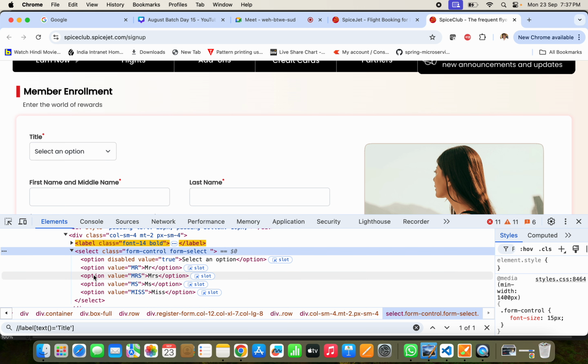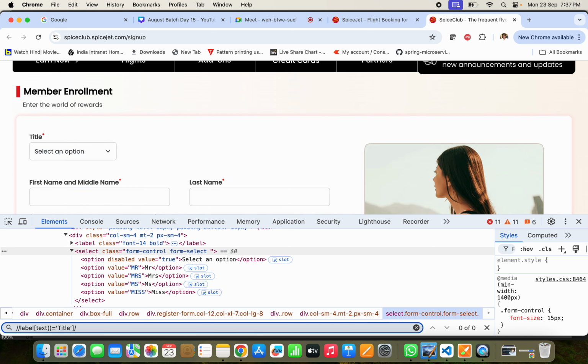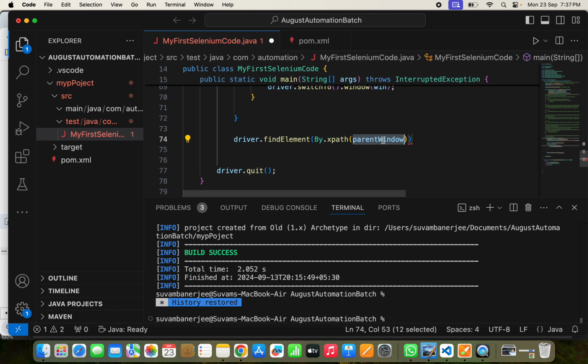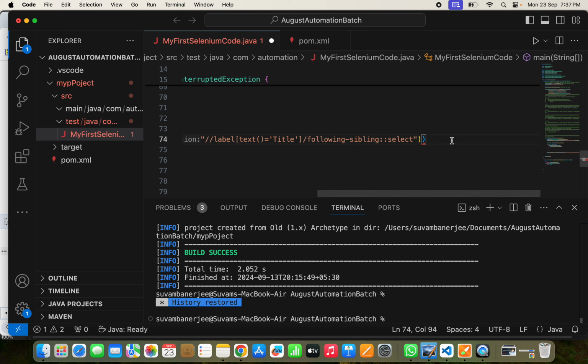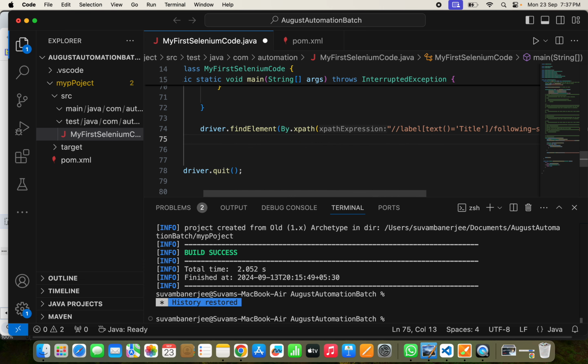So we have to go to this select. Following sibling double colon select. Correct? Till now it's okay. Till select we have to select. Okay. Now, driver dot find element, we are putting here. Okay. Next what? Next we have to